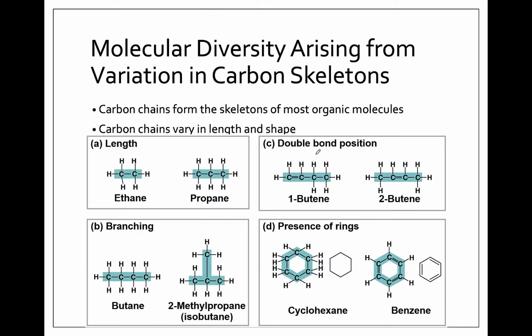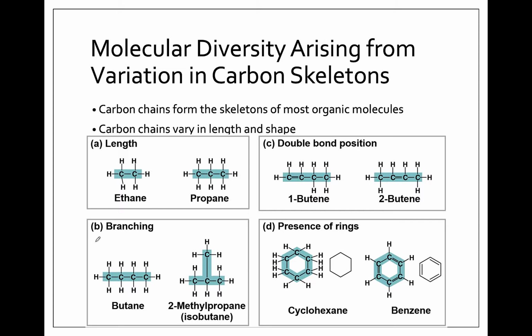The carbon backbone is called the carbon skeleton, and you can see the carbon skeletons highlighted in blue in all of these molecules. And carbon skeletons can vary in every way possible. They can vary in length, double bonds, branching, rings. All of these different things will give a molecule a different structure. So here we've got 2 carbons versus 3, and you can continue to add carbons to get these really, really, really long carbon chains,